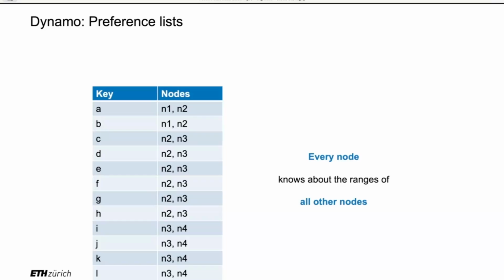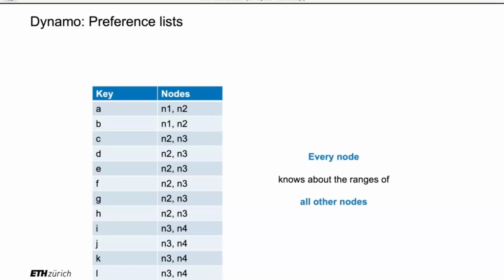This is O of 1. This is not O of log n or of log of the size of the entire number of keys. This is O of 1, right? So this is an improvement in terms of complexity. But there is, and I'm not entering into the details of how this is stored, because you need some